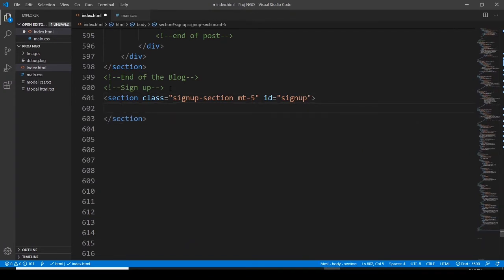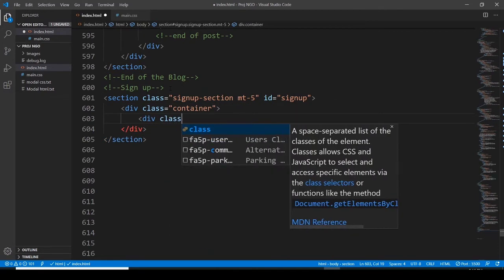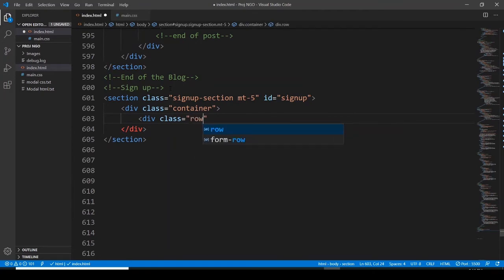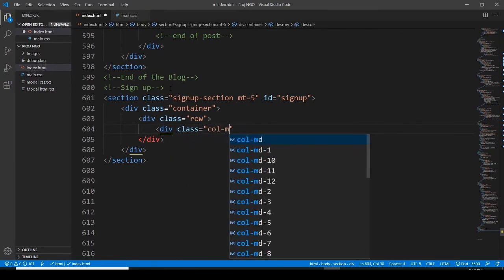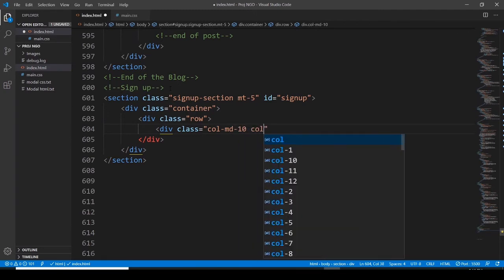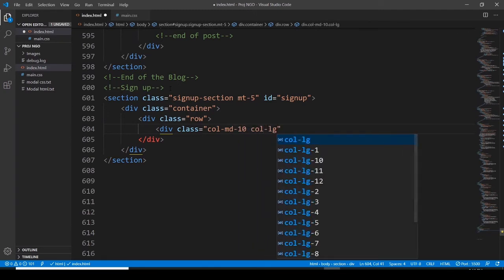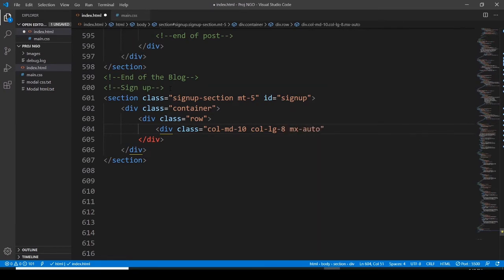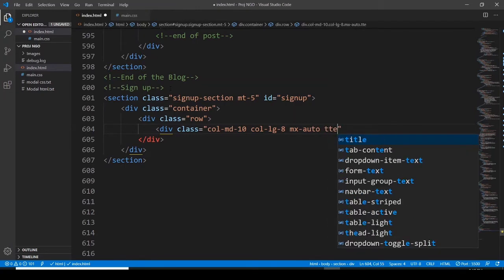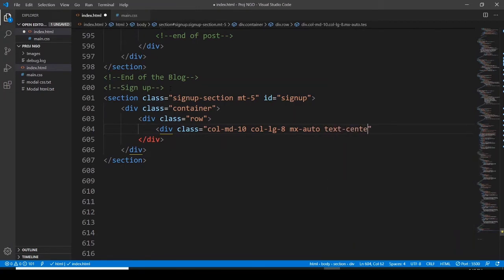Let's go with the division and assign it a class of container, and another division, assign it a class of row, another division, assign it a class of column medium 10, and then column large 8, and max auto text center,